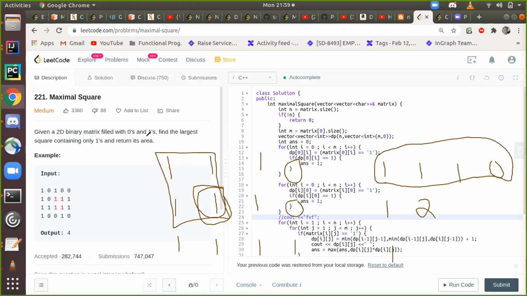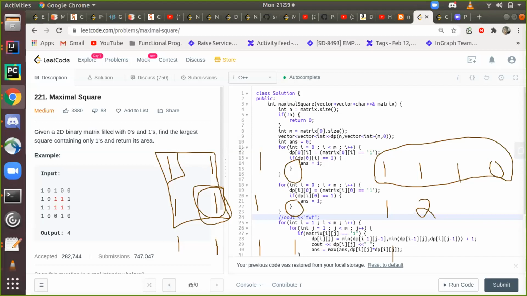Okay. So this is the original array we have: 1 1 1 0, 1 1 1 0, and four times 1. Initially I try to fill my first row and first column. So the first row I'm filling here. If it's 1, then I'm putting 1. The logic behind this is that this represents a square of side 1.